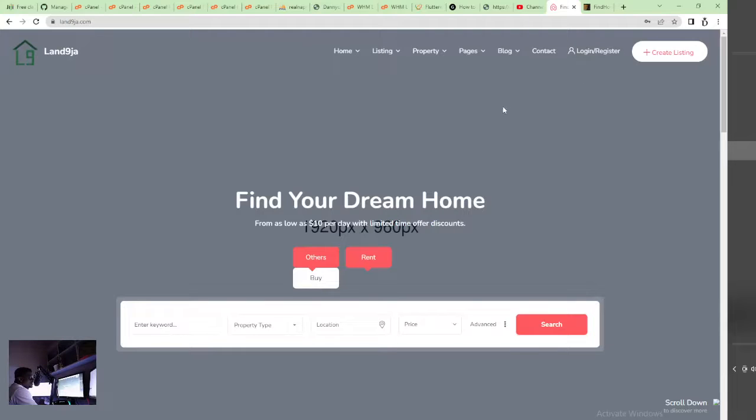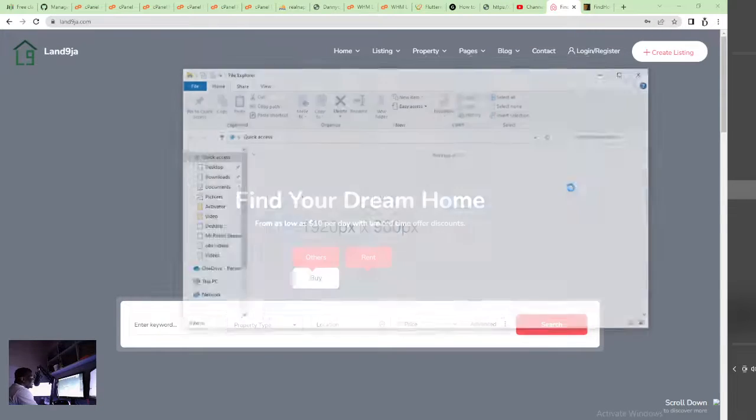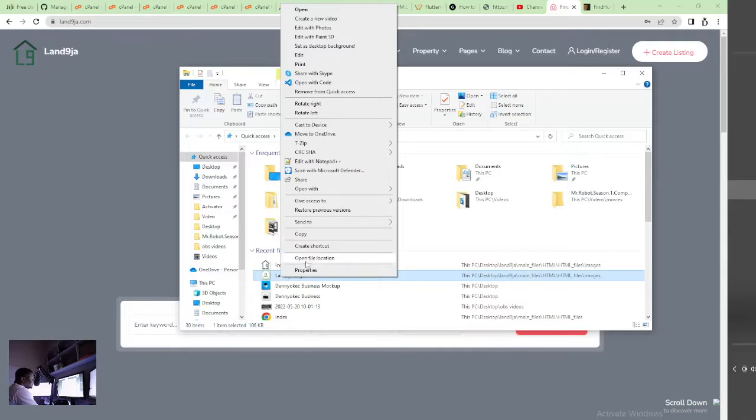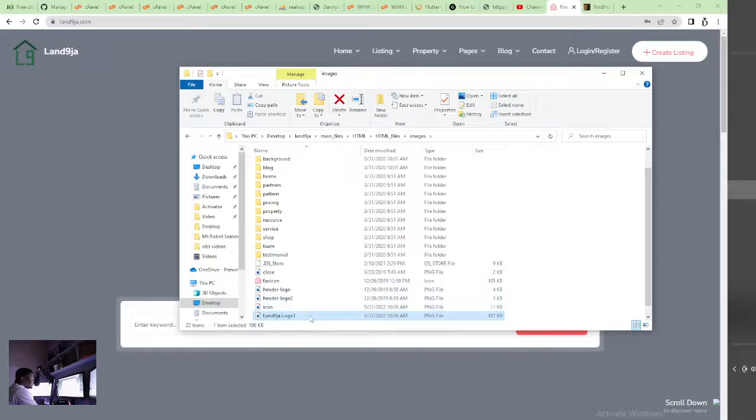Okay, so the next thing I want us to do is... what are we doing next again? This icon, you can see this is showing the find icon. It's not showing us our LAND9JA. So if you recall clearly, we still have another LAND9JA logo. So I'm going to go to this location and I'm going to change this to